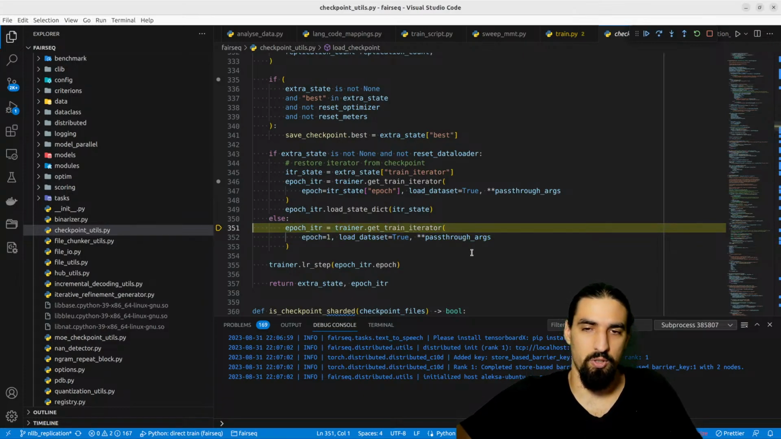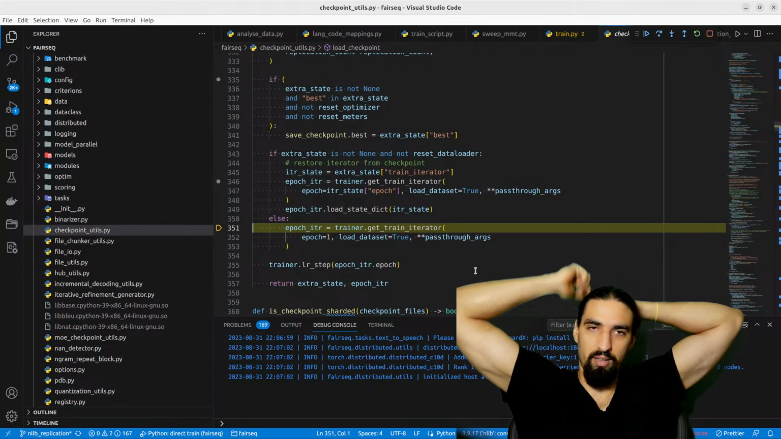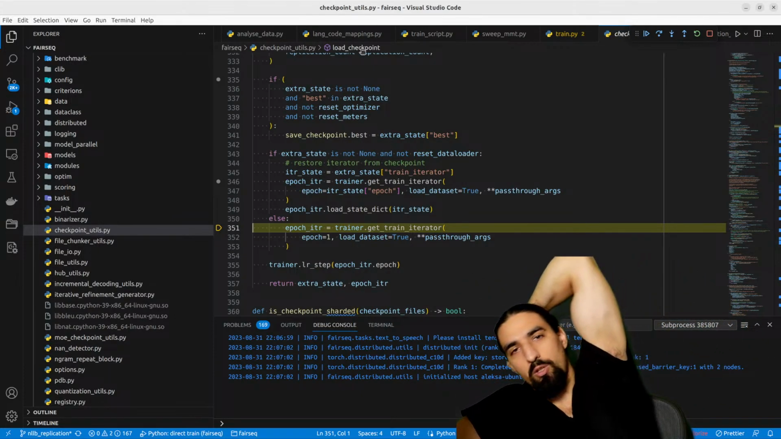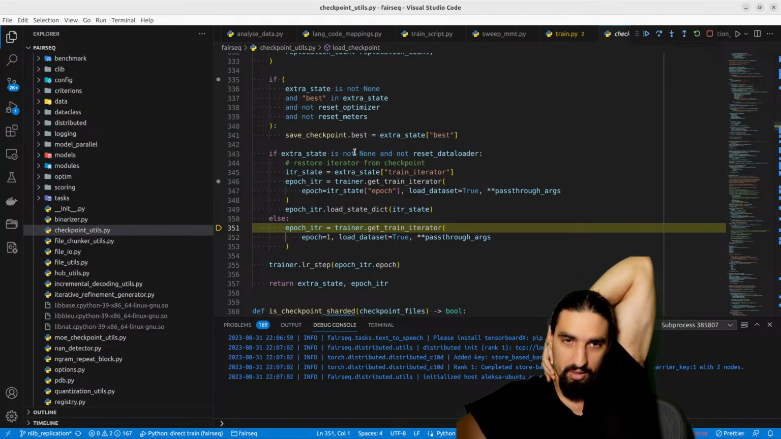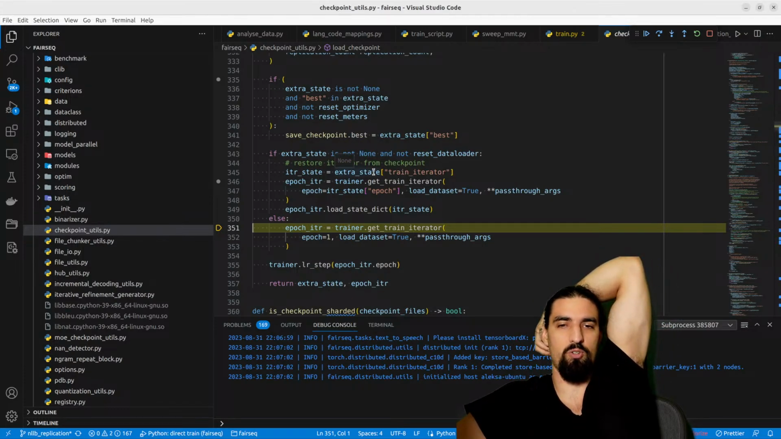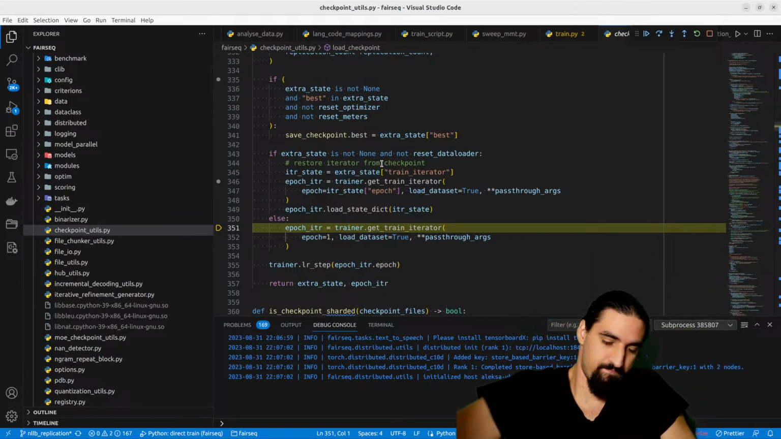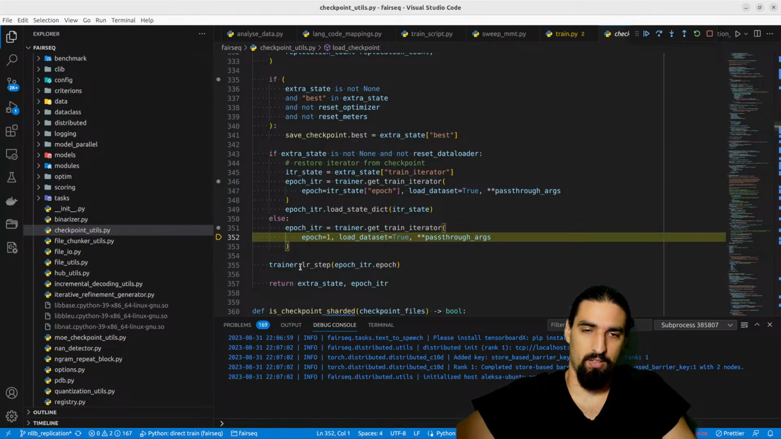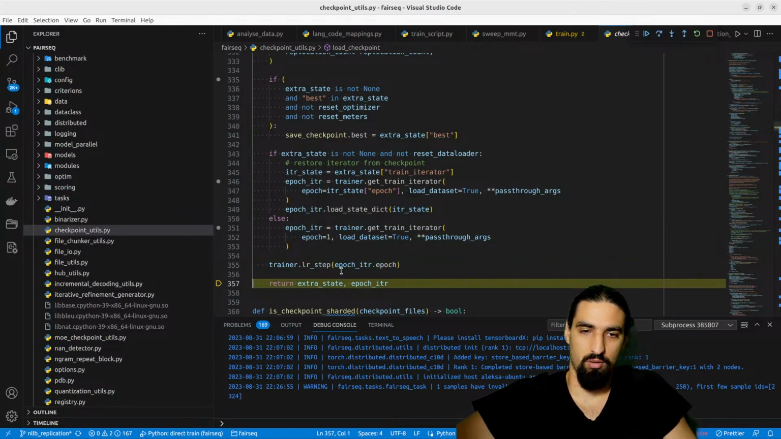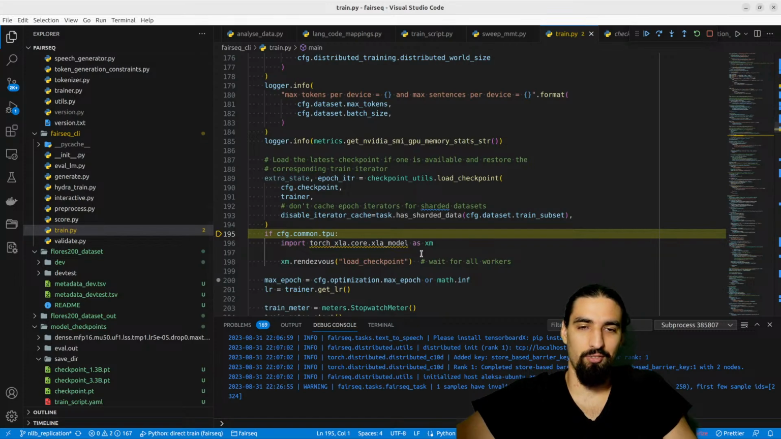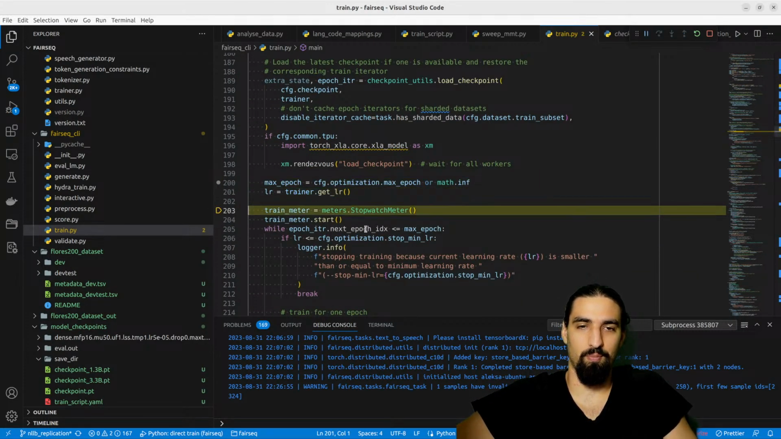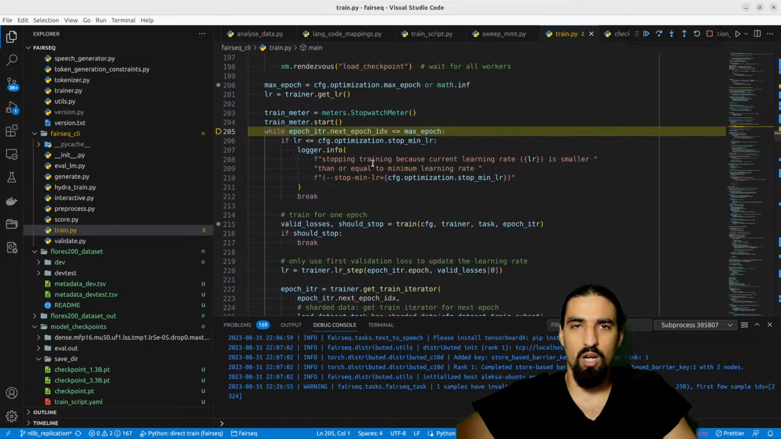Get the train iterator. So I find it extremely unintuitive that inside of a checkpoint utils, you have a load checkpoint function, and inside that function, you're retrieving back the train iterator. What does that have to do with model checkpoint? Nothing. Same with learning rate step here. I guess that's the reason they're creating Fairseq 2.0. Okay, we are up in the main function,